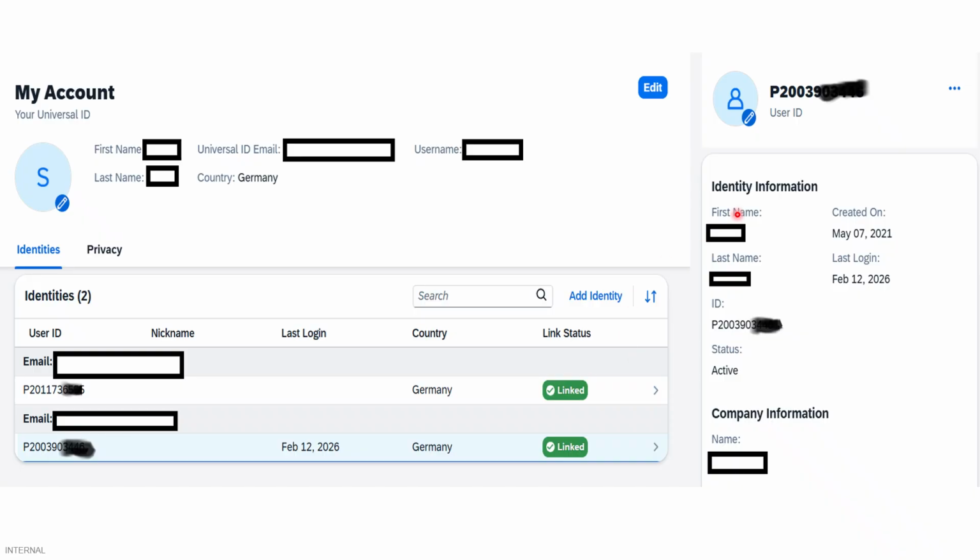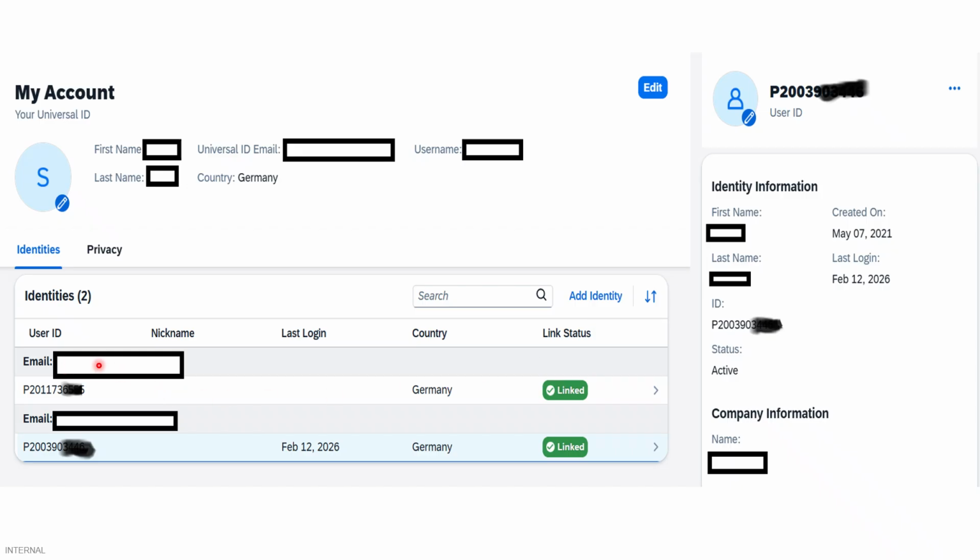So this is my P user account. When you create a P user account, like you created your account, then you placed your subscription order, you got the attempts, now you want to take up the exam, you go to the exam. Now when you go to the exam, you can only take the exam when you have added a backup email ID also. So for this user ID, the SAP universal IDs, you have to add 2 identities, okay?